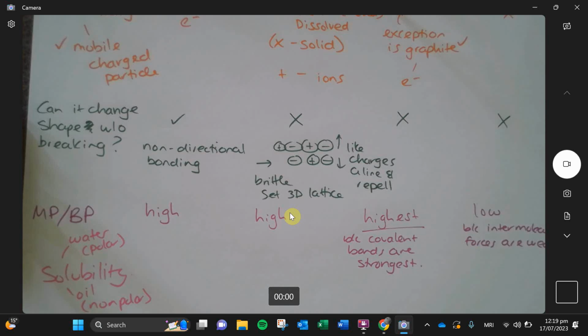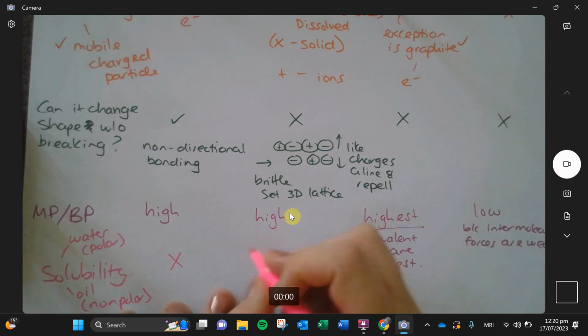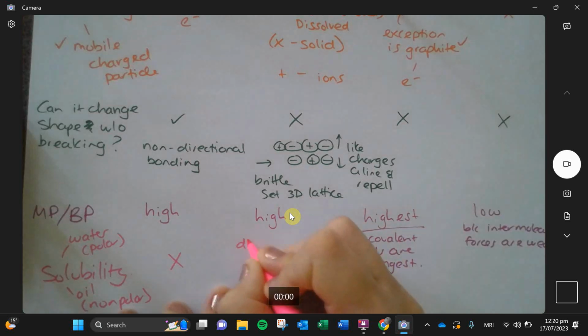The main thing to remember is that when I have a metal, would a metal dissolve in anything? No. If I had an ionic solid, some of them do dissolve in water. None of them would dissolve in oil. You can go home and try to mix salt with oil at home. You'll notice it never dissolves. So this one dissolves